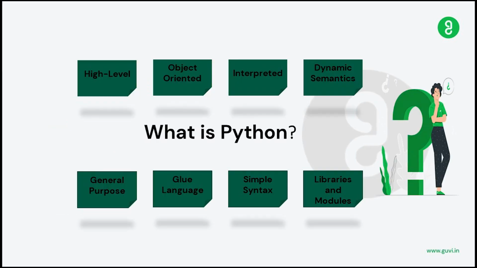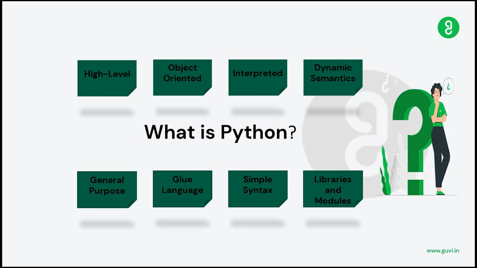First, we start by discussing what is Python. So let's get started. Python is a high level, object oriented, interpreted programming language with dynamic semantics. What that means is when we say that Python is a high level programming language, this means that it is closer to human language and is more abstract than low level languages like assembly or machine code. High level languages are easier to read and write, and they provide a higher level of abstraction from the underlying